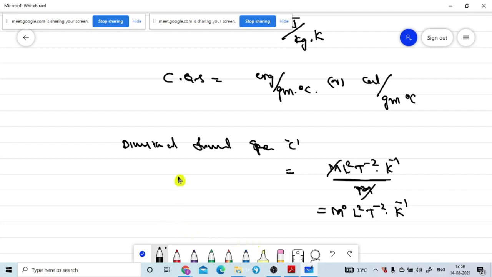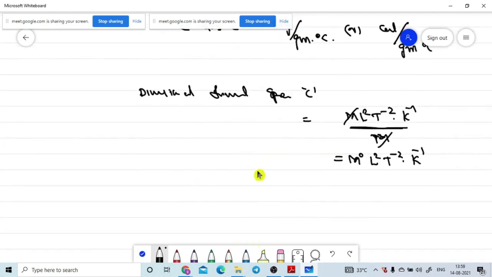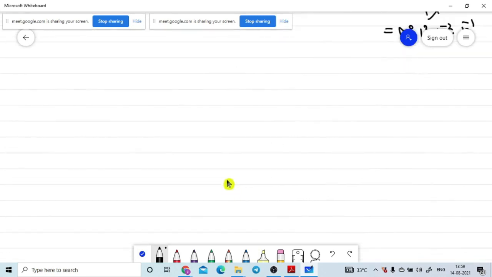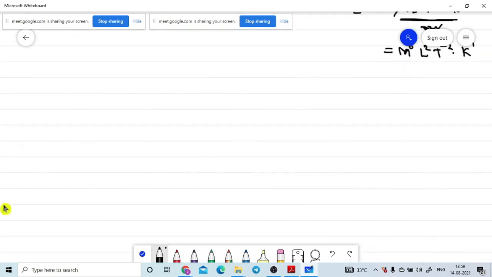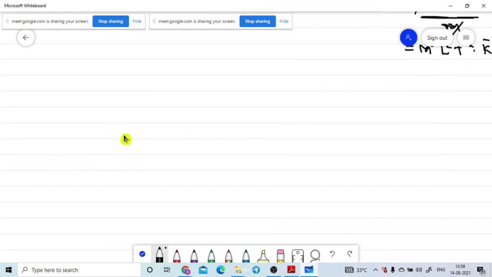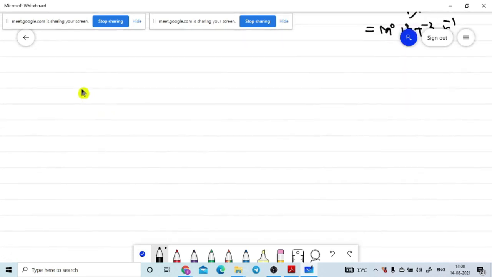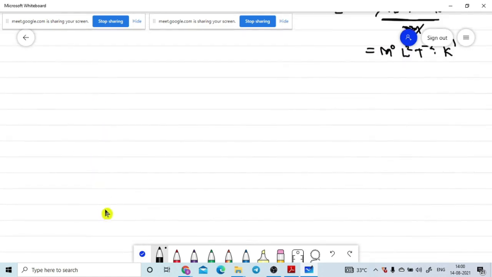Now one thing I need to point out here: specific heat capacity is not a constant term throughout the range of the substance. You may feel like this, what I mean to tell here. Please concentrate here. They may ask in your entrance examination, but in your normal examination they won't ask. Let me clear this one with one small doubt.